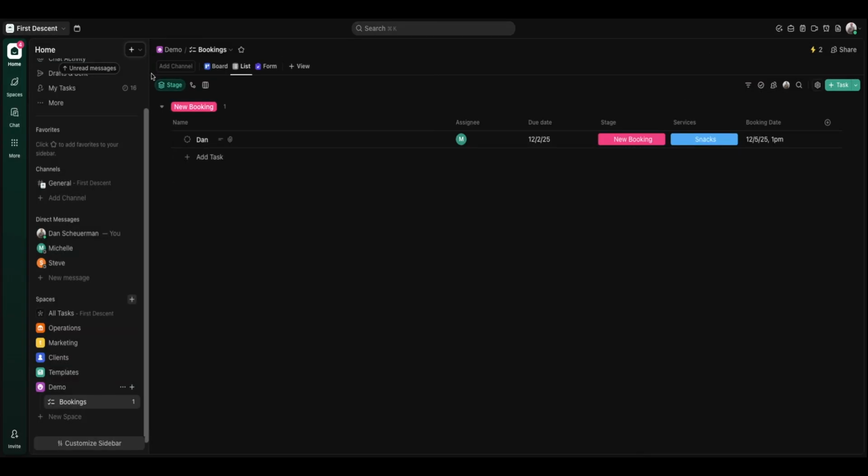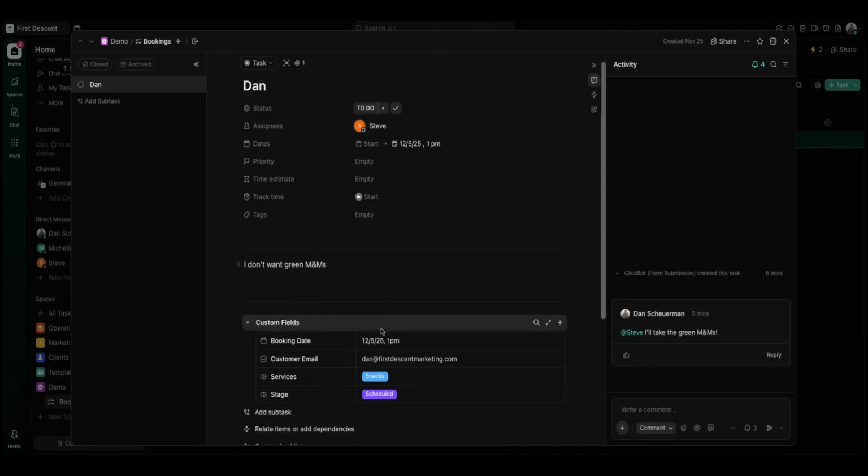So now when Michelle's all done the booking and all the information is ready to go, she'll change her task to complete. And then it's automatically flipped over to Steve. So everything's automated. The booking date is the same as the due date, and it's now assigned to Steve, and he knows they want snacks,